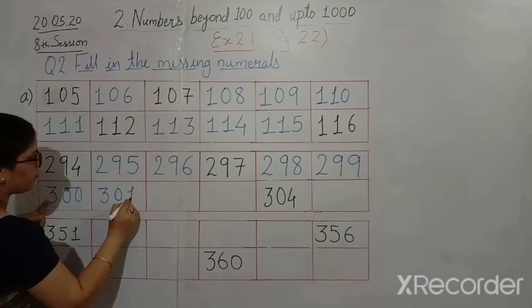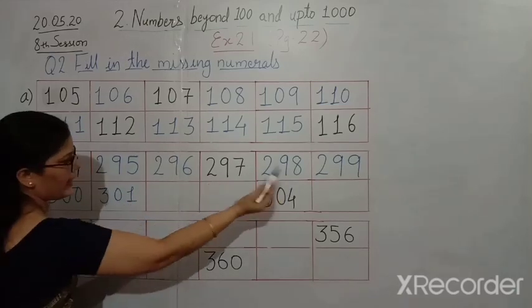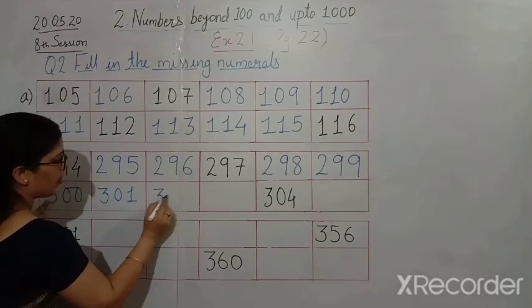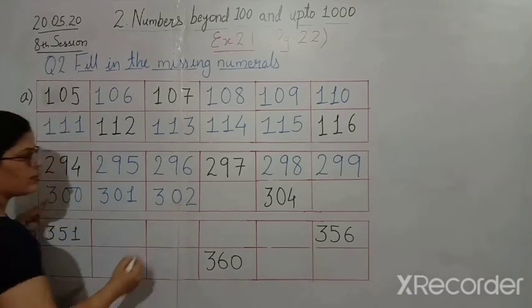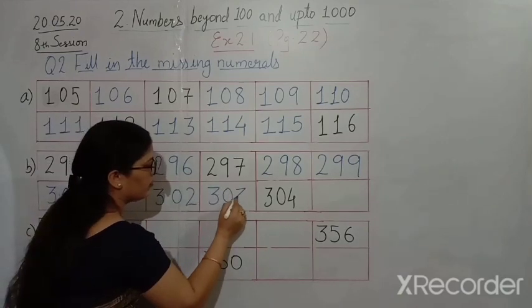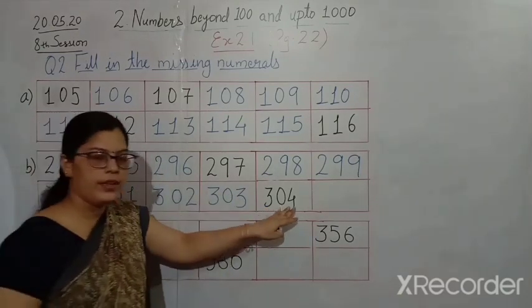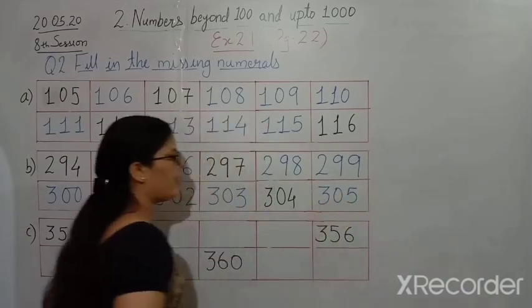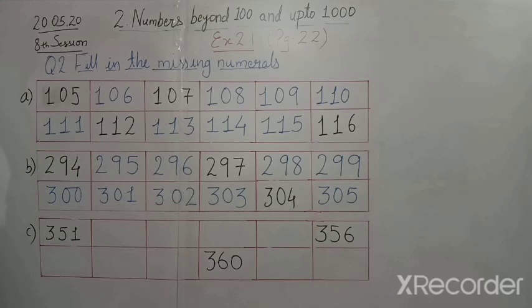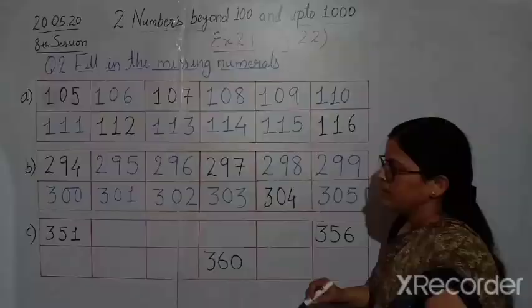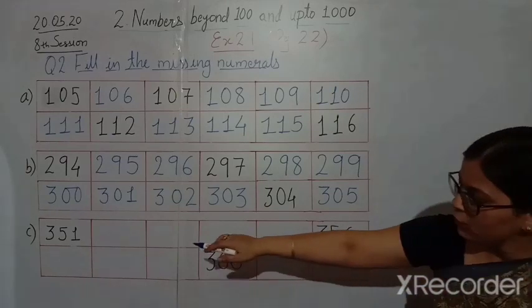Now here, 300, then 301. 299, then 300, 301, 302, 303, 304 is given, then 305. Now the next number, we have to begin from